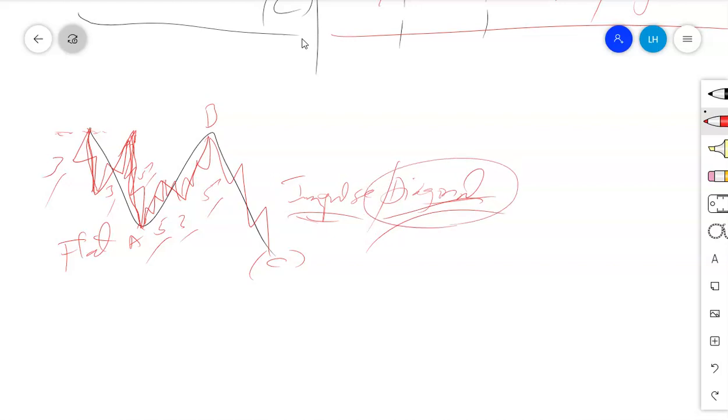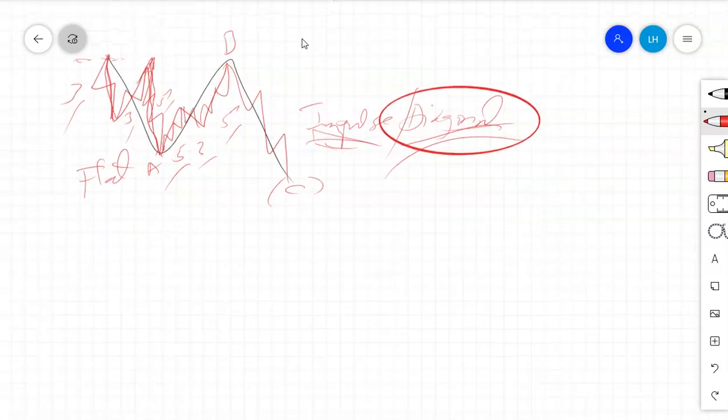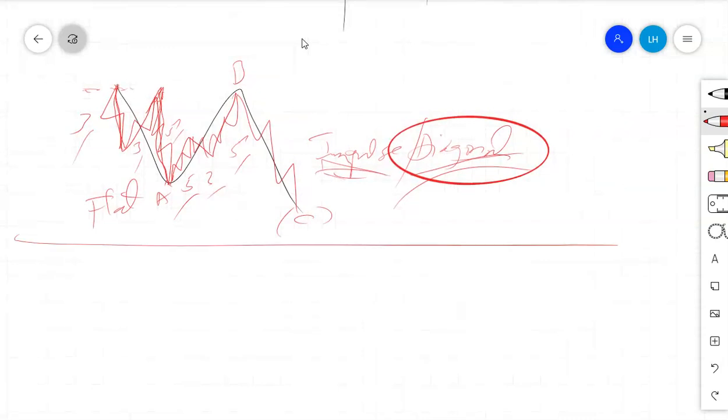And an ending diagonal also has a different structure, whereby it has what we call threes. Those waves have 3: wave number 1 will be 1, 2, 3, wave number 2, 1, 2, 3, number 3 will have 1, 2, 3. It is different from an impulse which has 1, 2, 3, 4, 5. So it is something like that. So now this is alternation within a single corrective structure.